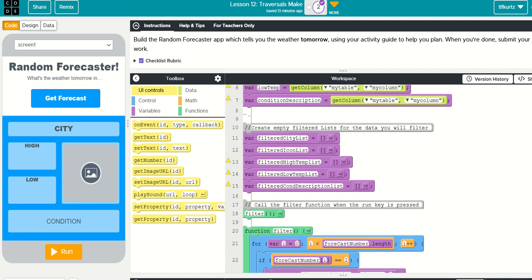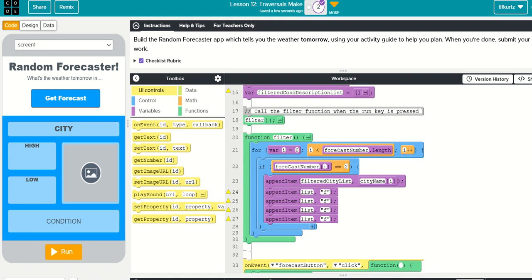Okay, then we want some empty filtered lists. So right here, you'll want to code exactly how I have it. It's just an empty list, because that's what we're going to fill with all of the filter data, which is going to be all the records for tomorrow's weather for all the cities. We're going to call a filtered